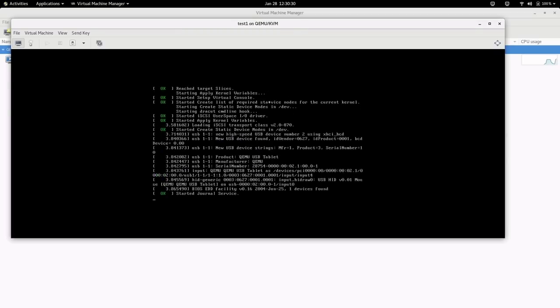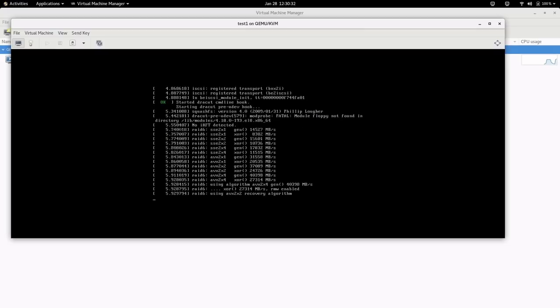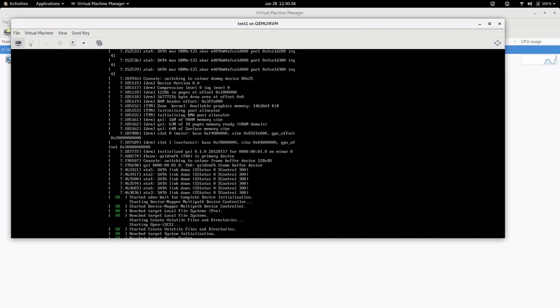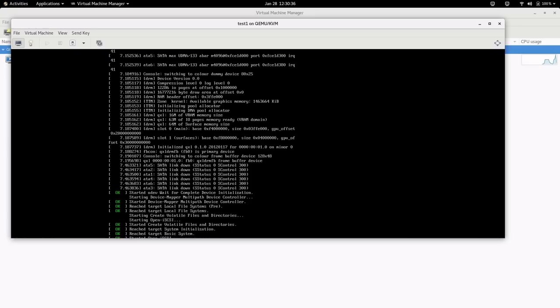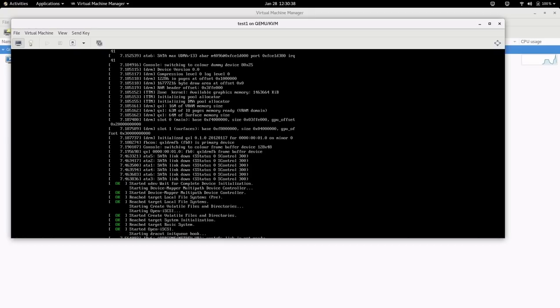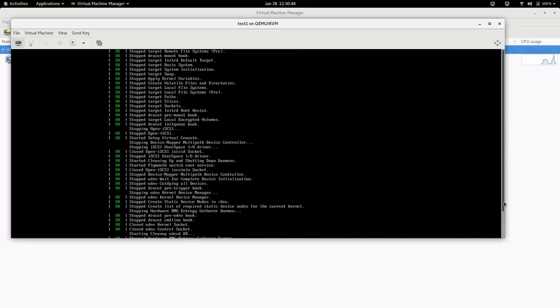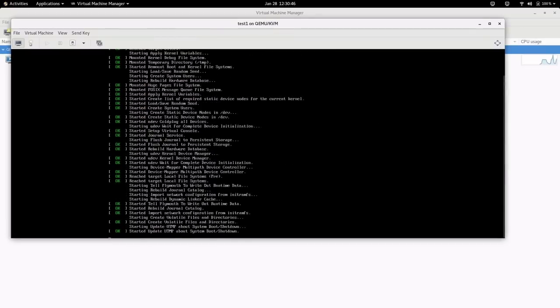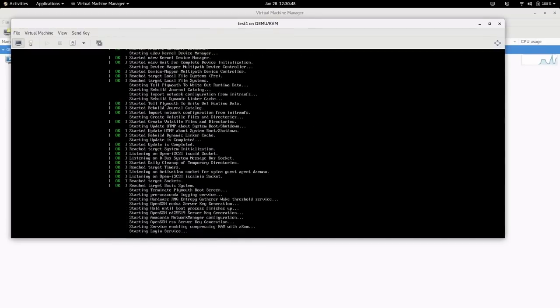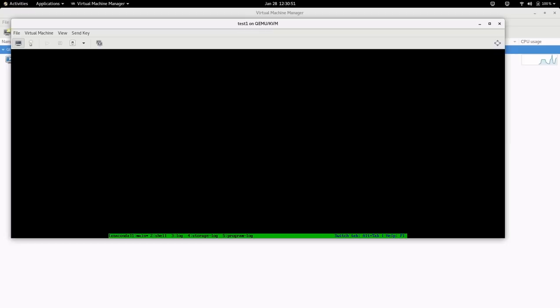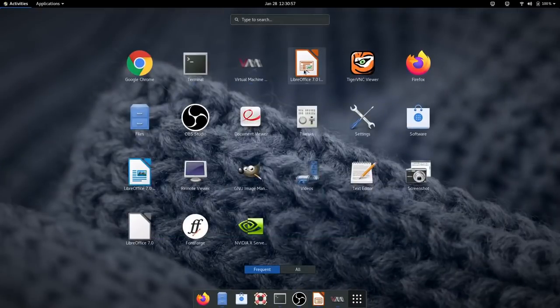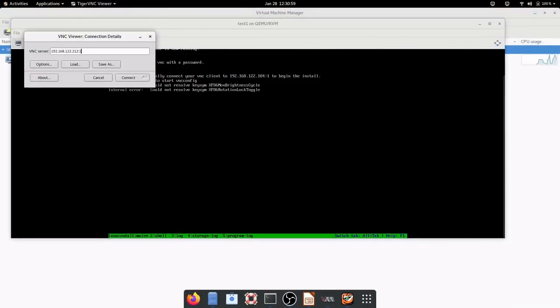I'll show you the real installation also right now. And remember, I have configured VNC server, so my GUI display will come on the VNC server. I'll connect and show you the VNC server part also. So installation started. So fully automated installation is going on, and in the meanwhile, let me launch my VNC viewer, because that will be required in order to see this.